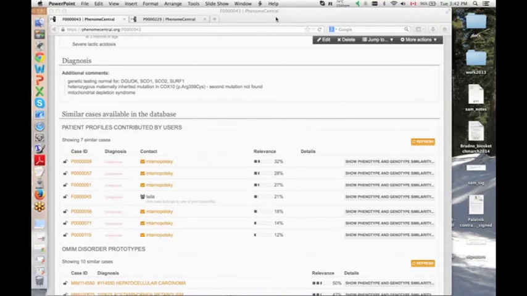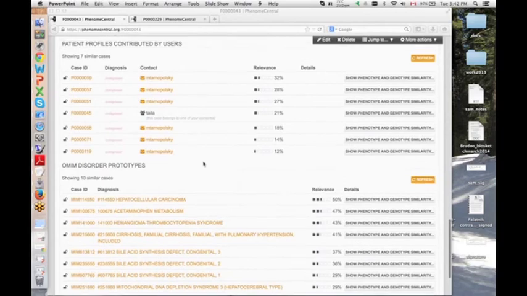recorded in the electronic health record, and then can also be pushed from Phenotips to Phenome Central by clicking a couple of buttons. This integration is still something that I think is a bit tricky, but something we're hoping to accomplish with several hospitals, I think, within this year, within 2014.